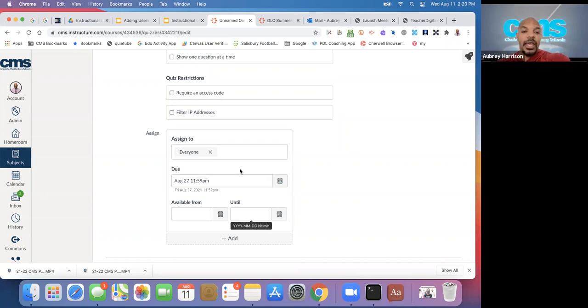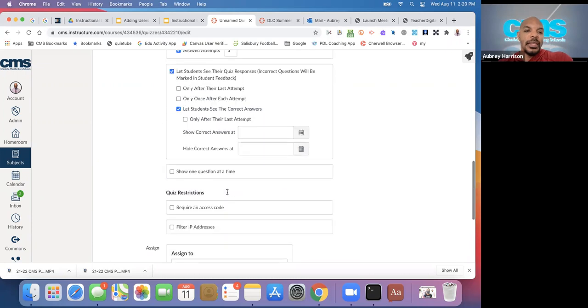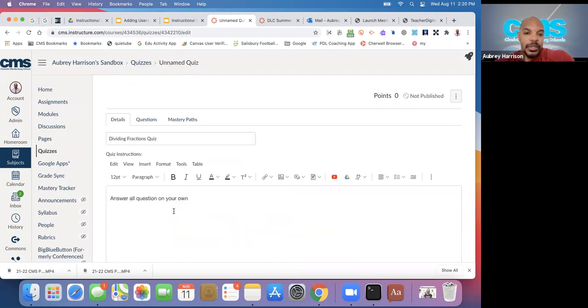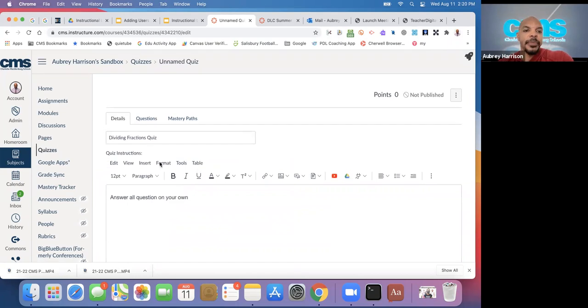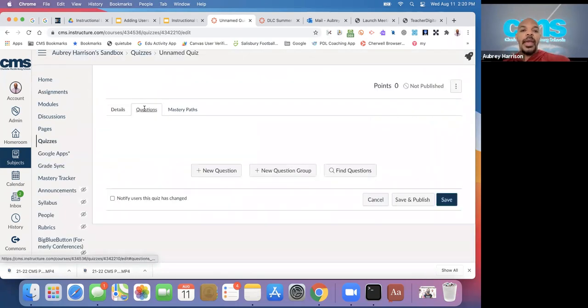Yeah, so the last thing I was just saying is that you can include the dates here, due dates, availability of your quiz. Again, for the sake of time, I'm not going to spend too much time on it, but just know that you can adjust the dates here. So that's the details part of your quiz. That's where you can set up all those important settings. So the next tab over is where we can add